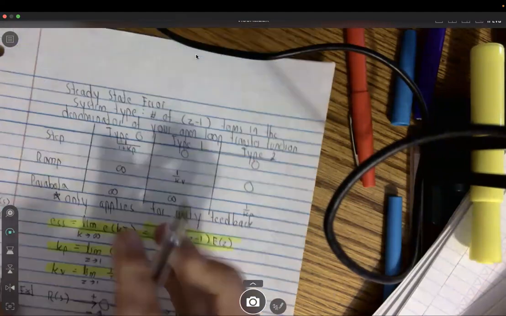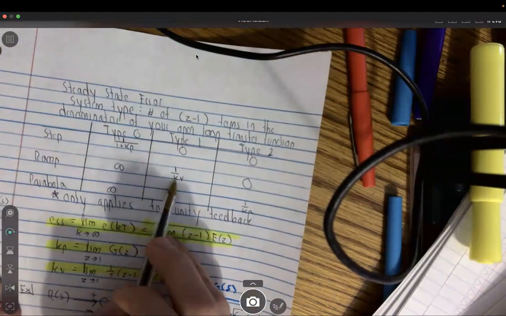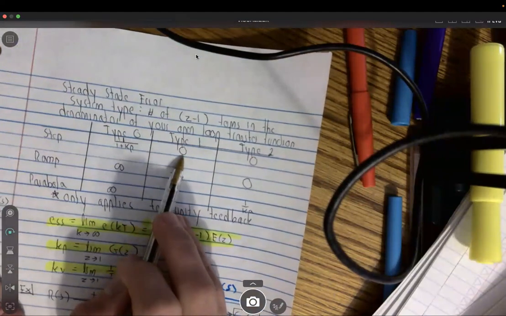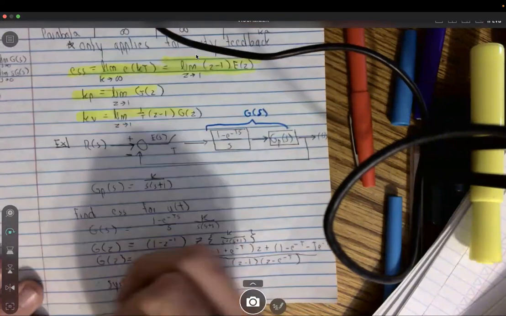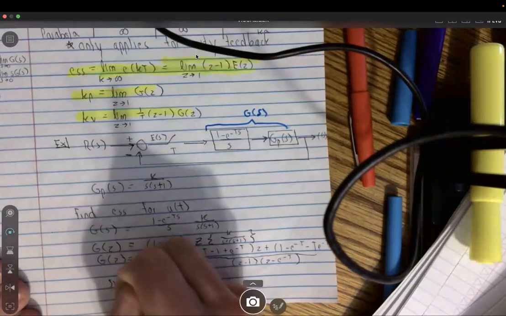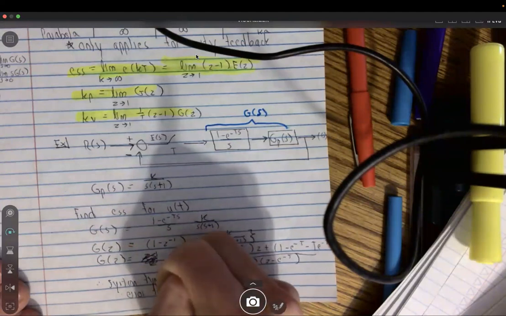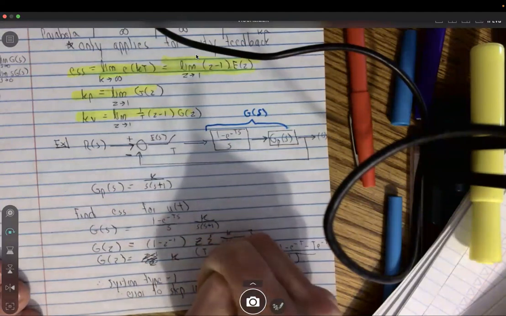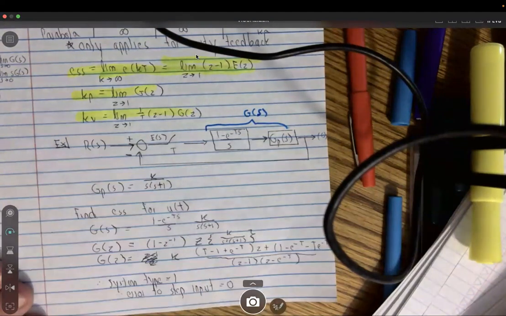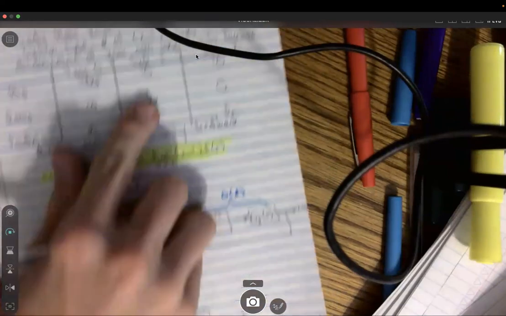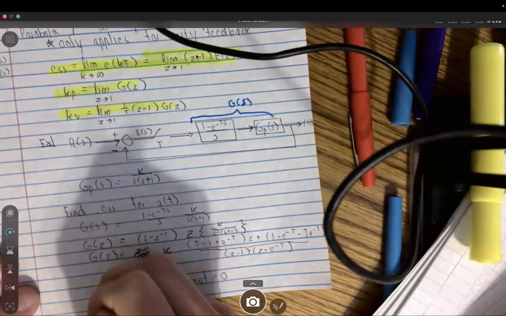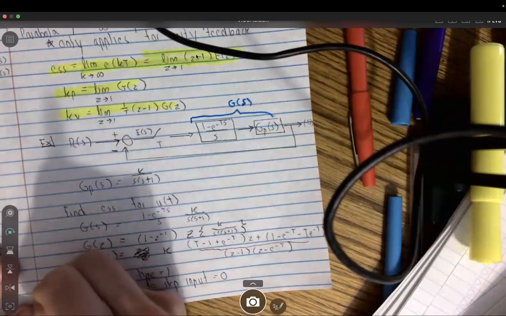Since our system type is 1, for a step input the steady state error is 0. So the error to the step input is going to be equal to 0. What if we have a ramp input? Then it would be 1 over kv, right? And so for a ramp input,